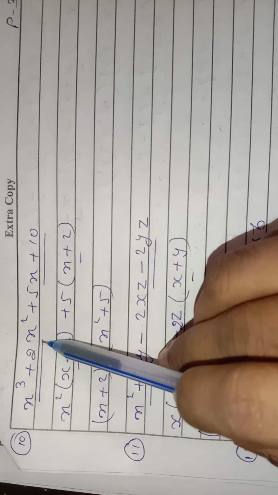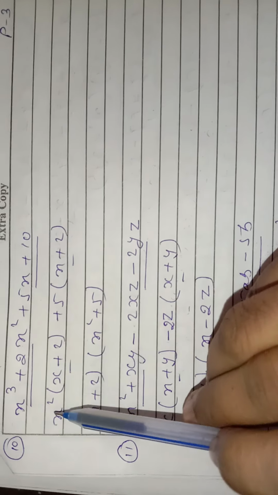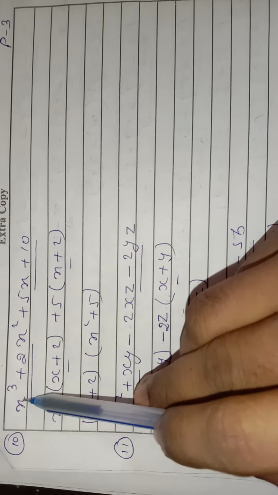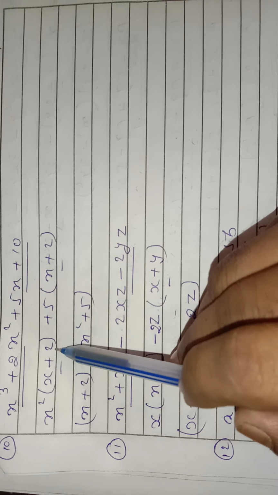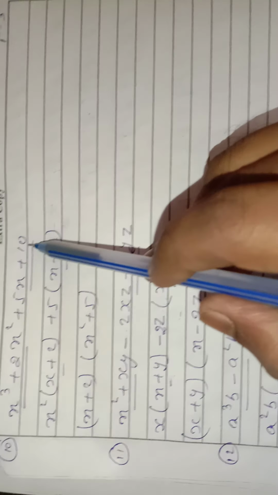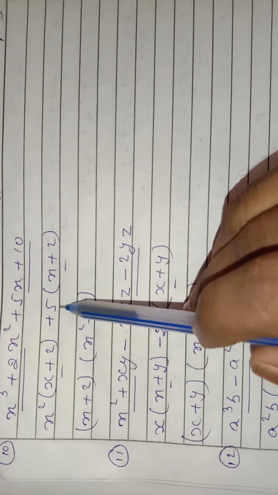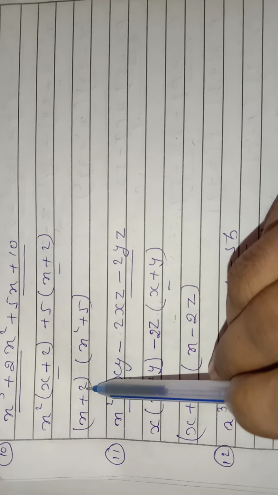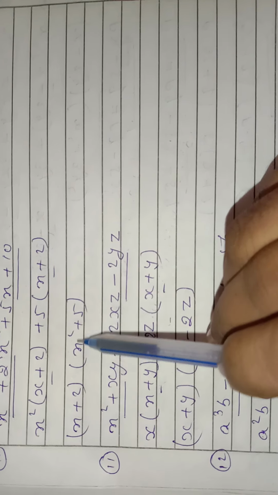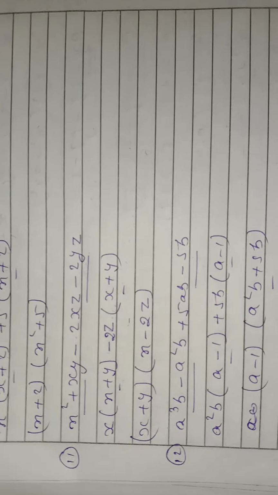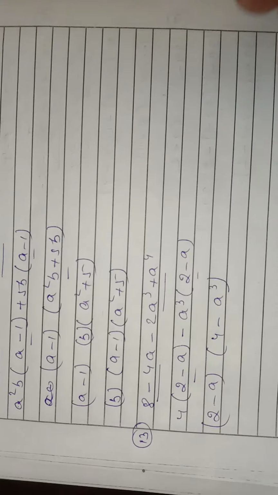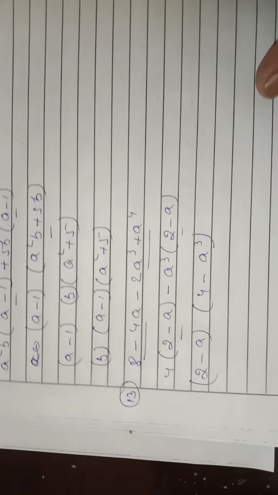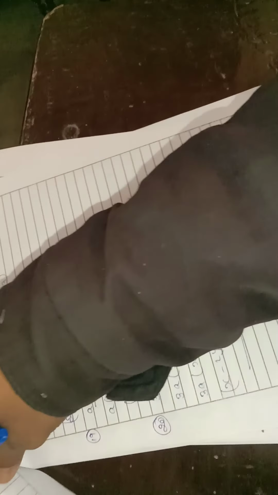From these two numbers, we have to take out common. What is that? That is x square. 1 x is left, from this side 2. Same way from these two, what is common? That is 5. So x plus 2. Bracket one, take it one side and the leftover numbers to the other side. Same way, we can solve this. Two numbers we have to take out common. This is called factorization.